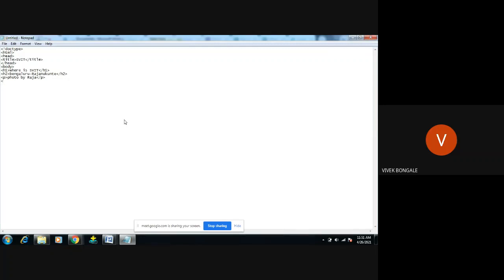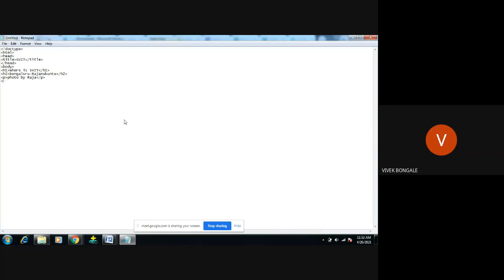For displaying an image, in the header part we have head 1 to head 6. This part is done, right? When it comes to the paragraph, why do we need a paragraph? To display any paragraph in the HTML code, we use the P tag. P is like a container, and in that container we fill the data. This "Photo by Raj" is like data. So now I'm writing one more paragraph.